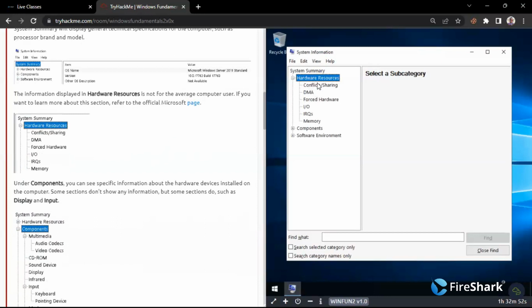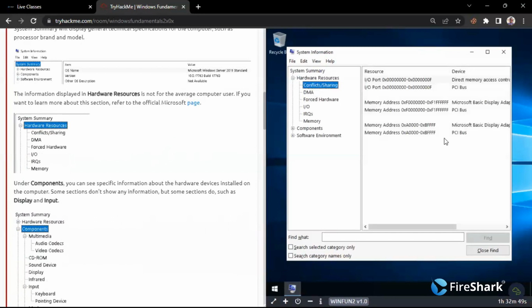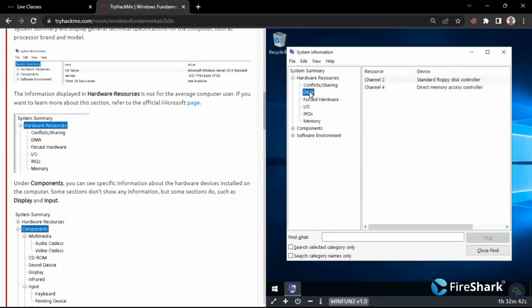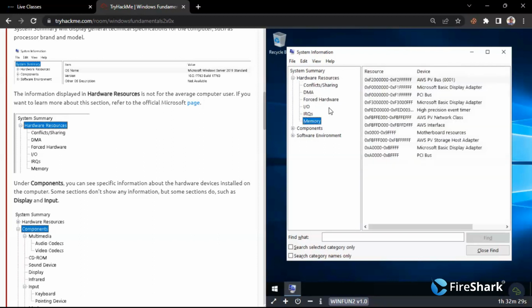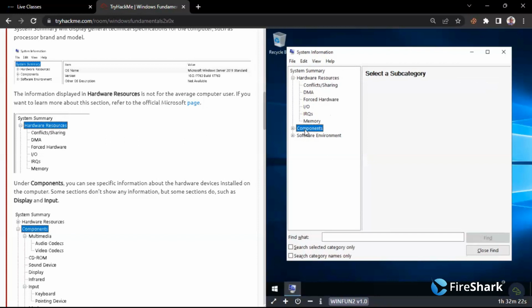We can just see conflicts sharing, and some of the details about the PCI bus. In the DMA we have the disks which are connected, and the forced hardware and input output, so there are multiple devices. In the memory sections also these are the informations. And in the component section we can see specific information about the hardware devices